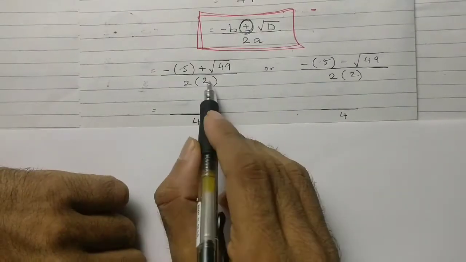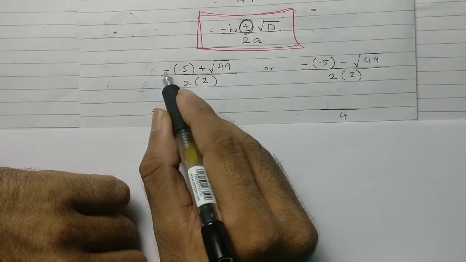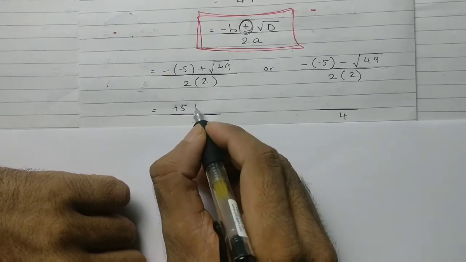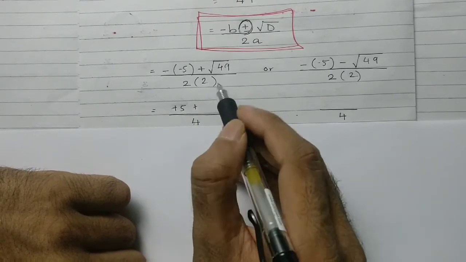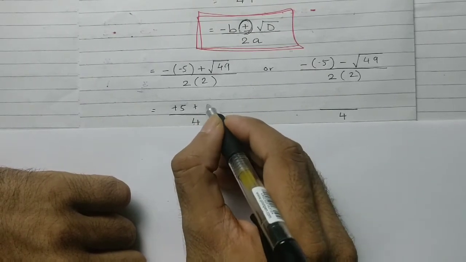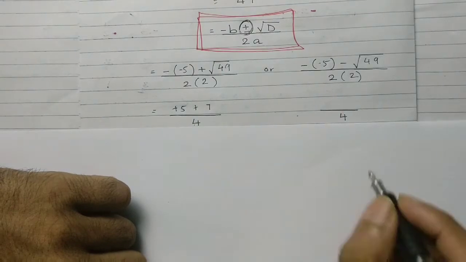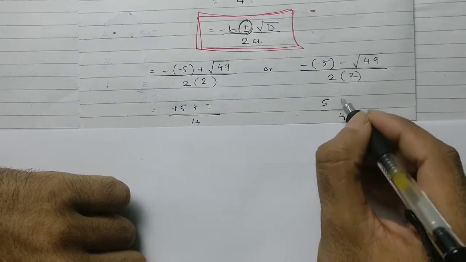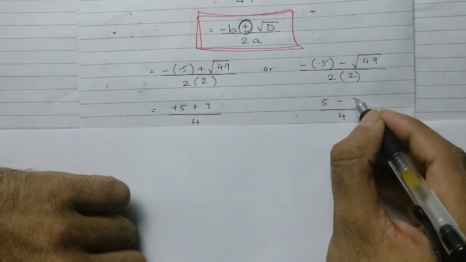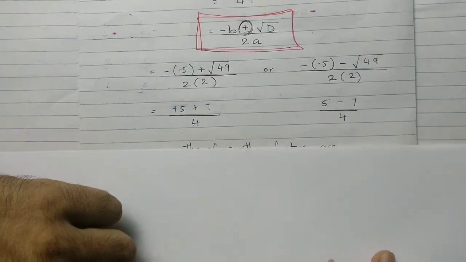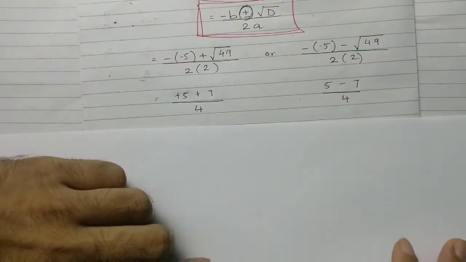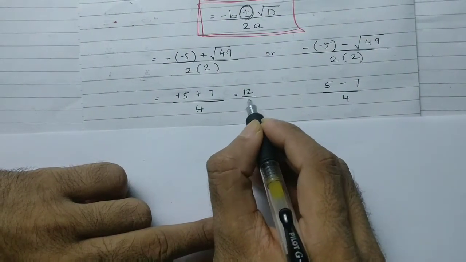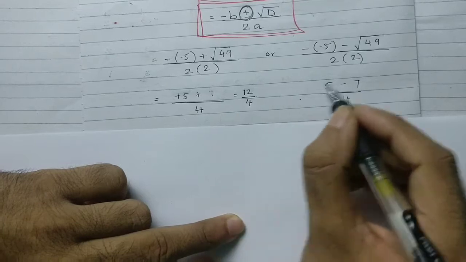So this would become 2 multiplied by 2 is 4. Minus and minus becomes plus 5, and plus root 49 is 7, and this also will become minus and minus plus 5, and minus root 49 is 7. So 5 plus 7 is nothing but 12 upon 4, and this would become